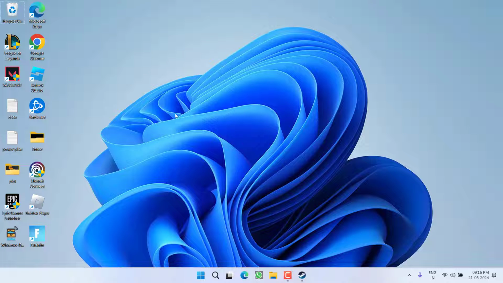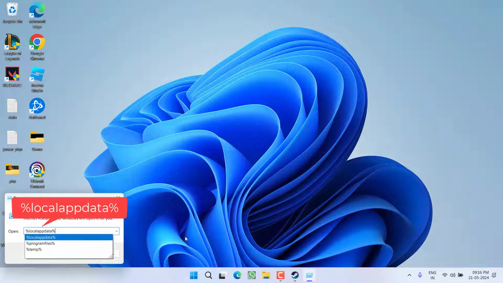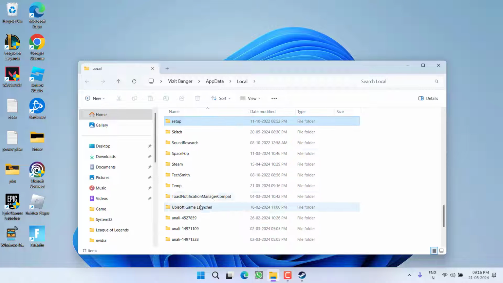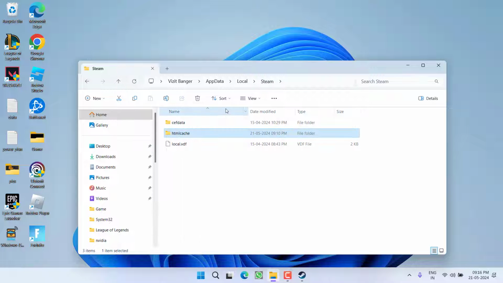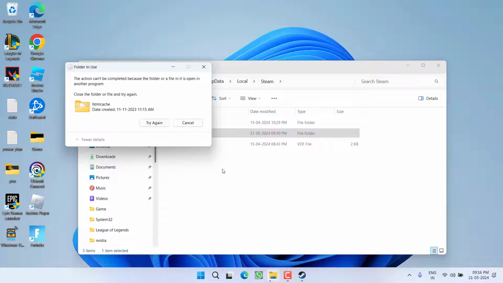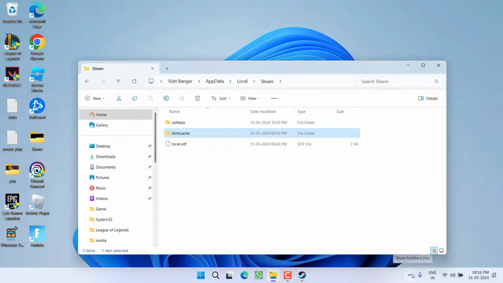Now if all the methods fail, the last hope you have is to right click on the Start menu, choose the option Run, type here %localappdata% and hit the Enter key. Here press the S key to find the Steam folder. Open it, and here you will find a folder with the name htmlcache. Right click and choose the option Delete. If it is not able to delete, that means Steam is running on your PC.